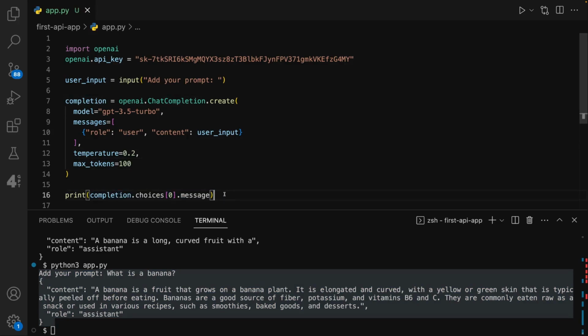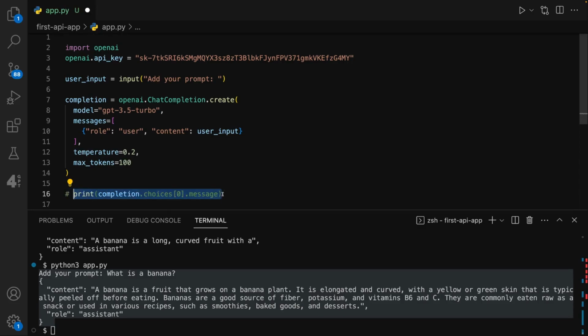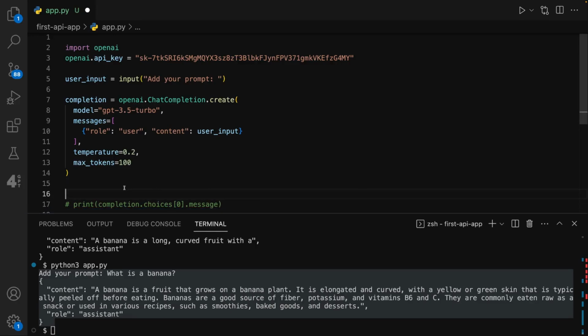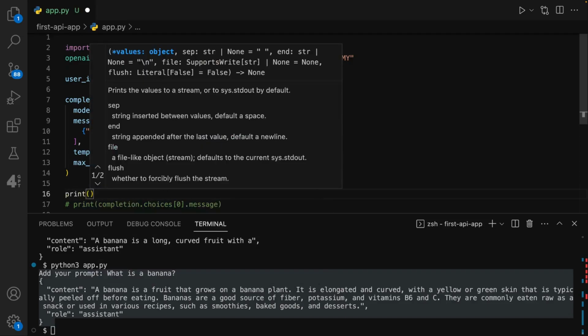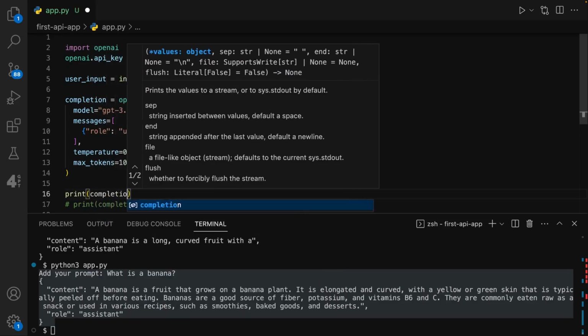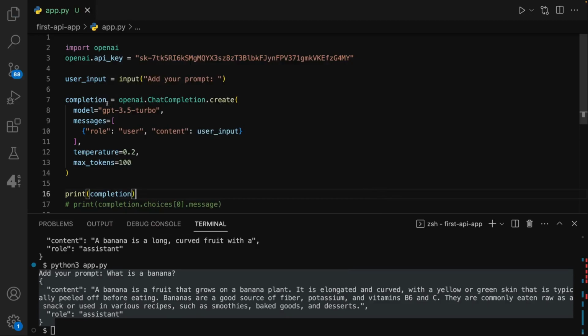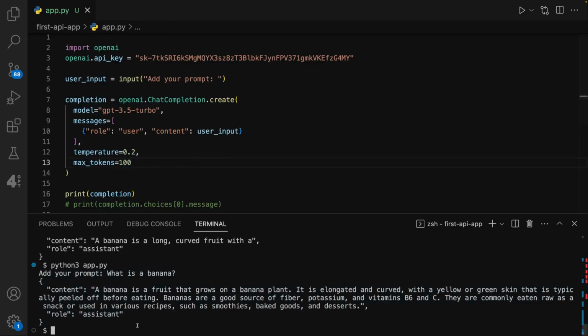And in case of the code example, we see this completion.choices, then the 0 in the square brackets, and then this .message code. Now, if I quickly comment out this by adding a hashtag, then this code will not run when executing our py file. And if I instead add a print statement with just the completion variable, which, as you remember, holds the actual logic to send the request, and if I then run my code again